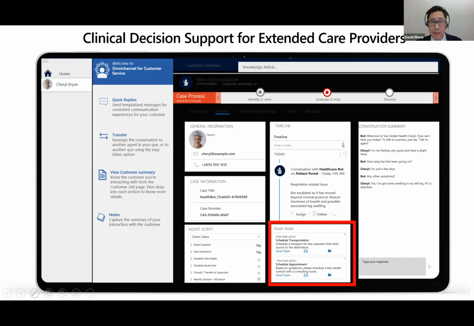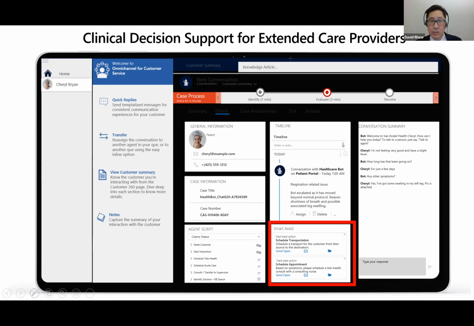Well, typically what the receptionist does is they schedule an appointment, or they look in the appointment book and find a slot. Well, that could be a missed opportunity. Let's imagine I'm one of those individuals who's missed my last 4 appointments. Really, what should be happening is there should be an algorithm running in the background that identifies that I've missed my last 4, and the call center agent or the receptionist should be prompted with a recommendation to say,